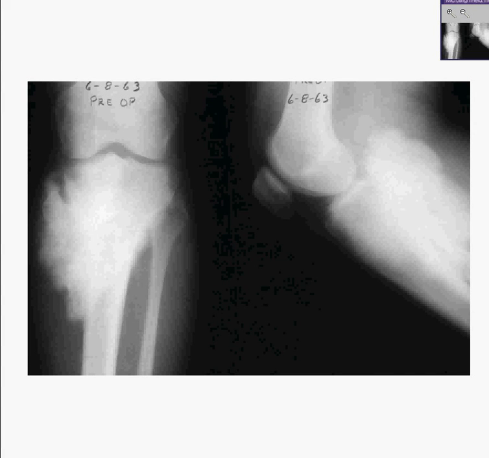Here is another case of an osteogenic sarcoma, but in this case it is the proximal tibia rather than the distal femur. The vast majority of them occur either in the distal femur or proximal tibia of late teenagers. And once again, you could see in this x-ray that the surface of the